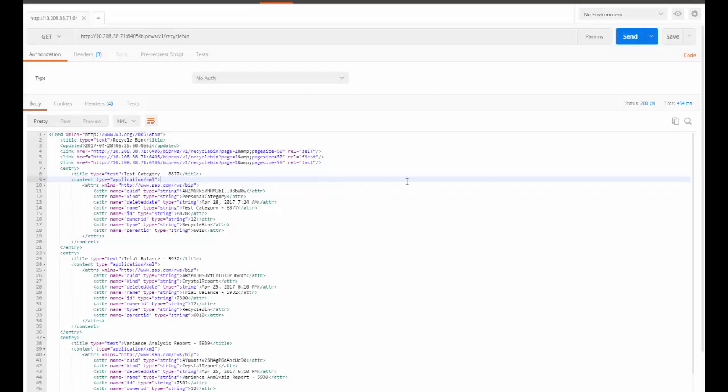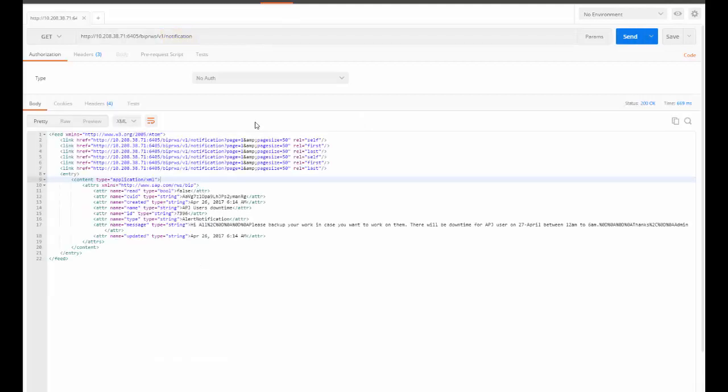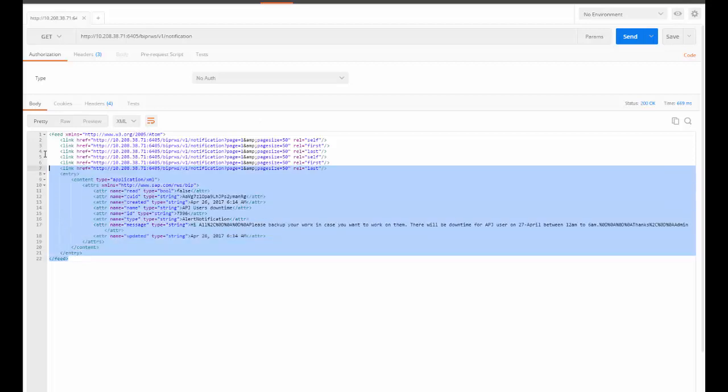To list the available alerts and notifications from the BI Launchpad, choose the get method and in the URL pass notification. Choose send. The available notification details are retrieved from the server.